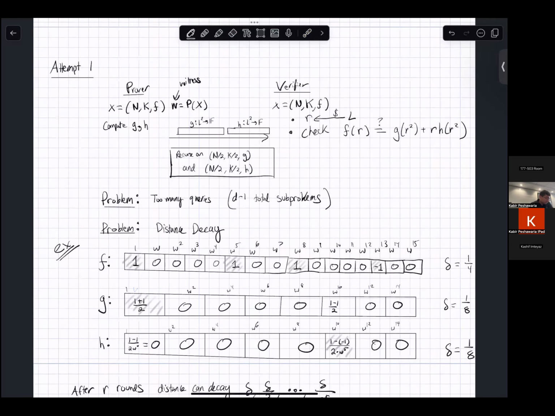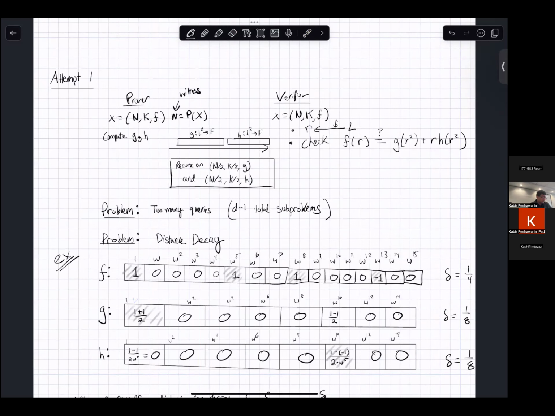Yeah. But so what is, sorry, I think I missed it. What is P in this witness? So P is like the actual low degree polynomial that corresponds with F. Like, if it's the prover's codeword, right, it's like the message behind the code. Oh, okay.